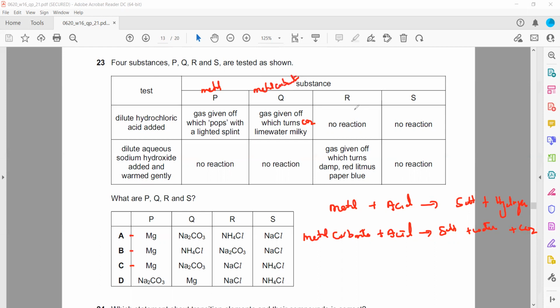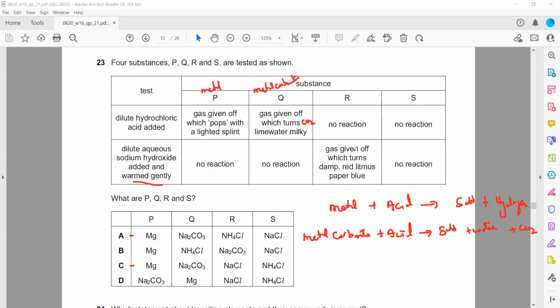Then what about R? So Q is metal carbonate. Now B cannot be an answer, because in B it is an ammonium salt. So either A will be the answer or C. Then when we add hydrochloric acid, there is no reaction. But when we warm with sodium hydroxide, ammonia gas is given off. So this is a characteristic